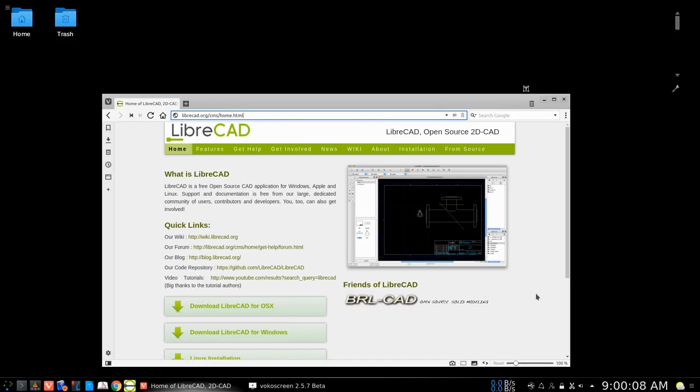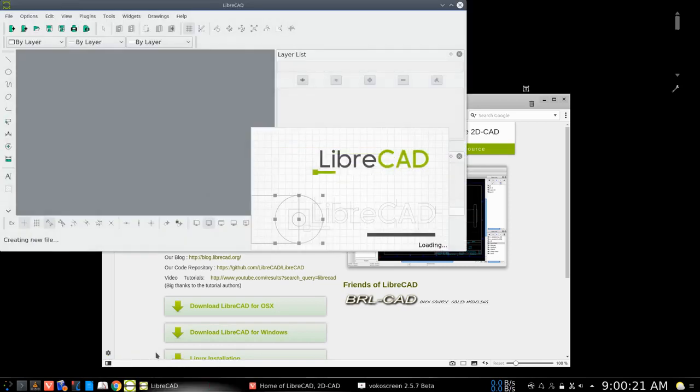Welcome to howtopam and another LibreCAD tutorial. Today we're going to talk about lines, angles, and dimensions. So let's get started. We'll just open up LibreCAD here and